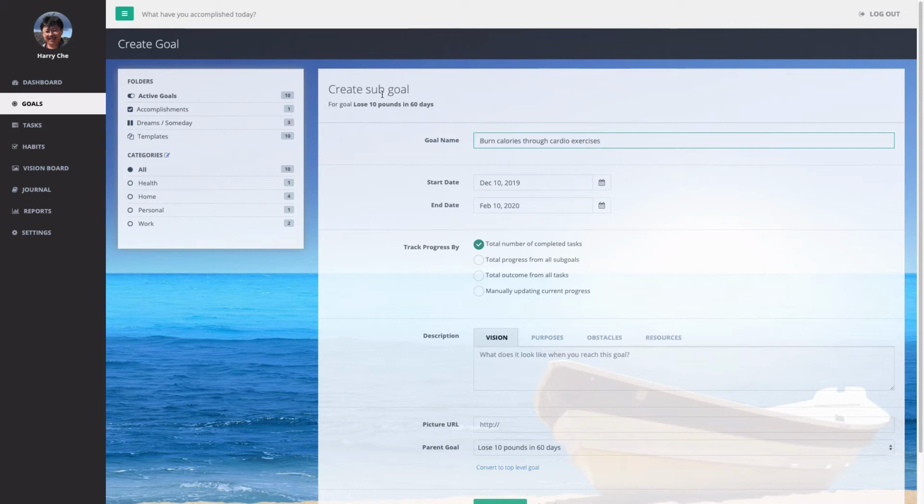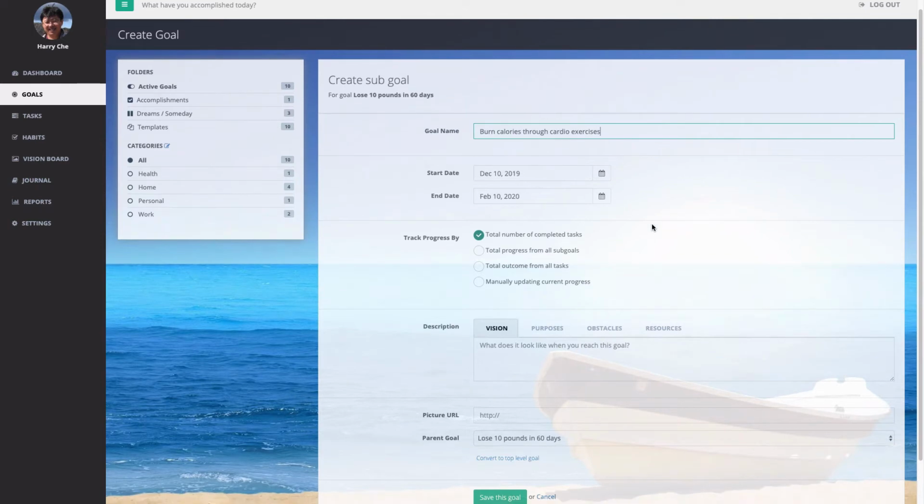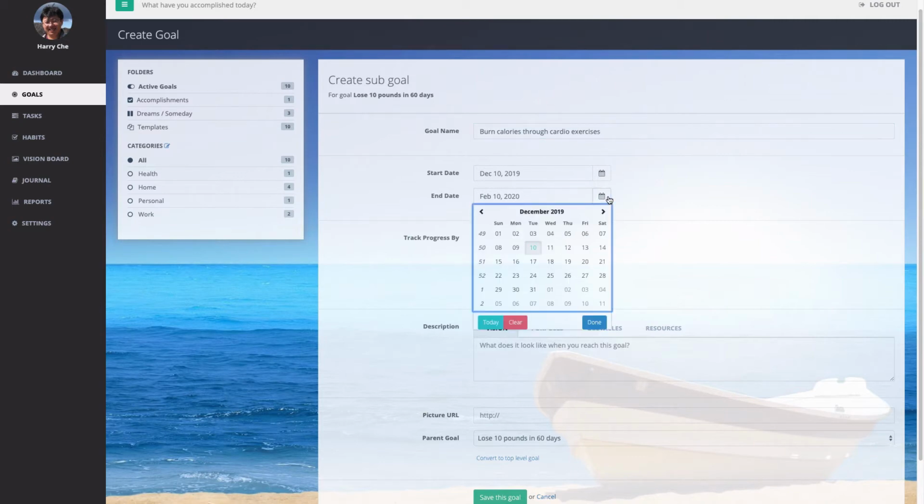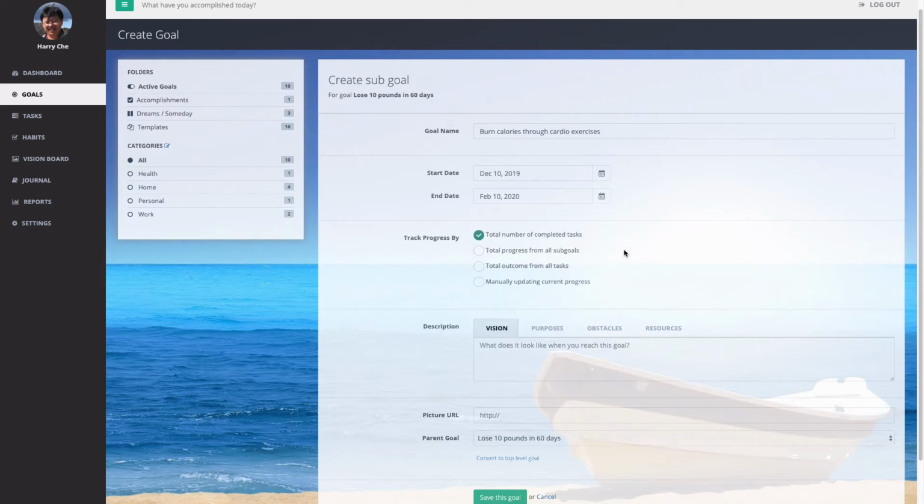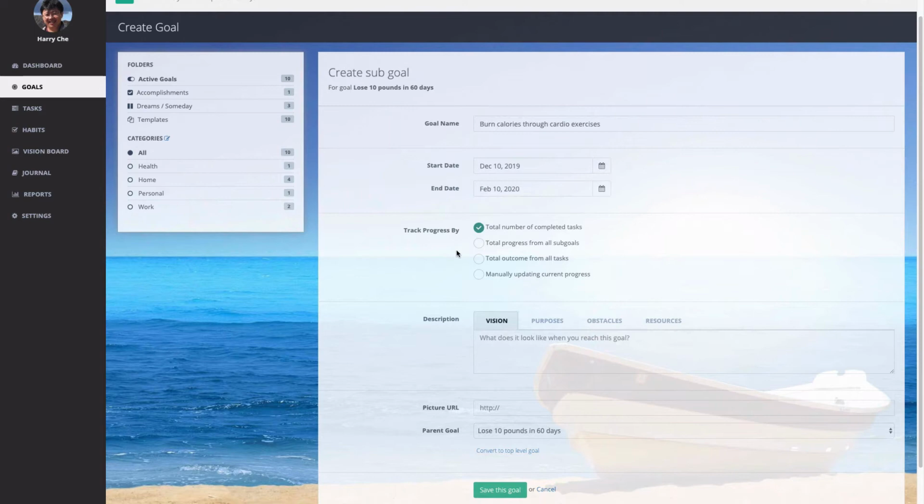See here, when you create a sub goal, it's basically the identical form, but you see here it's creating a sub goal for this parent goal, right? And the dates by default are the same as the parent goal, but it depends on what type of sub goal you have. Maybe you want to adjust the end date, but for this goal, I think that's fine. They all have the same deadlines. And for tracking progress, I think we want to track the number of completed tasks,